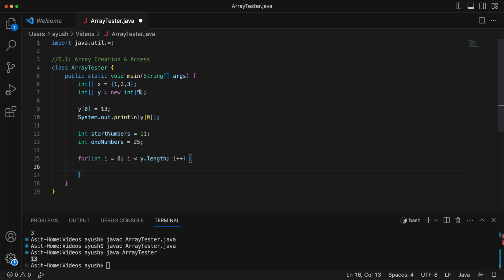So in y, we only have 5 slots available. So this is basically acting like a 5, right? But if you think that it's possible that you might change this 5 later, it's always best to just keep y.length here instead of actually putting in 5. So we can start, and we can just say y of i, meaning whatever i is equal to will be replaced here, and then we can just say equals